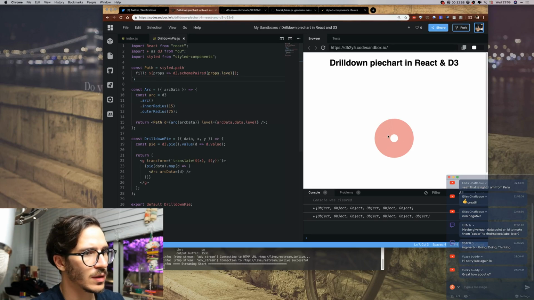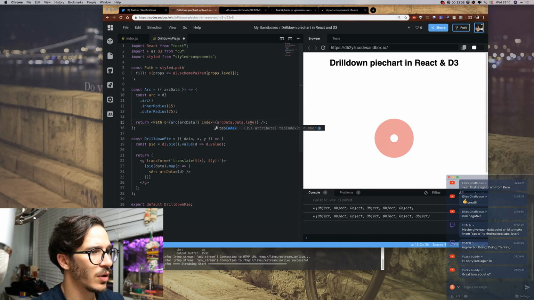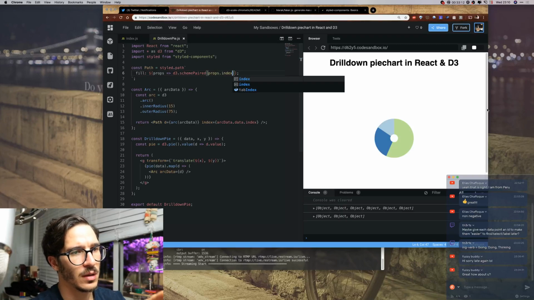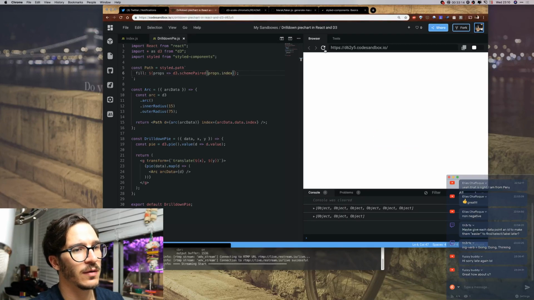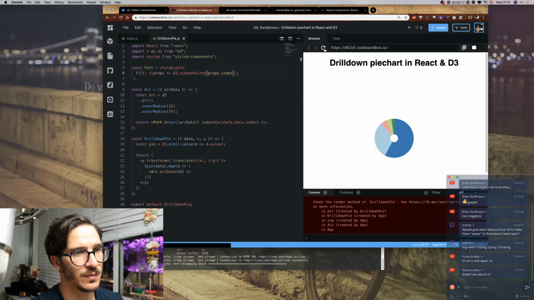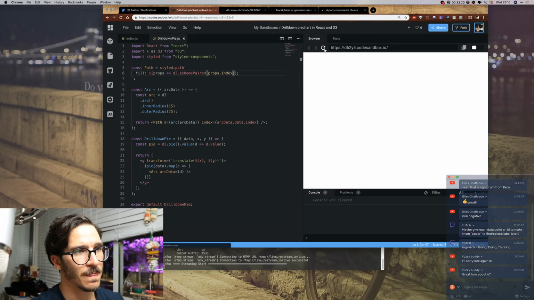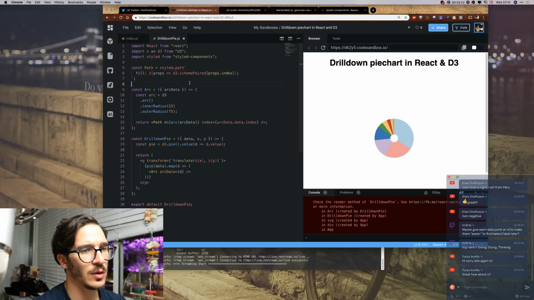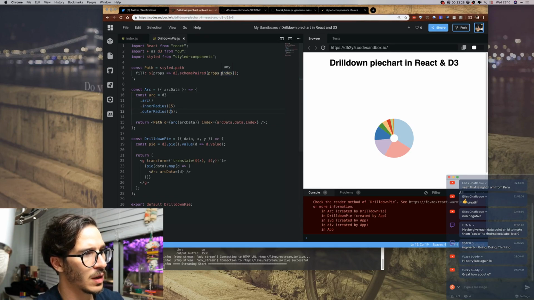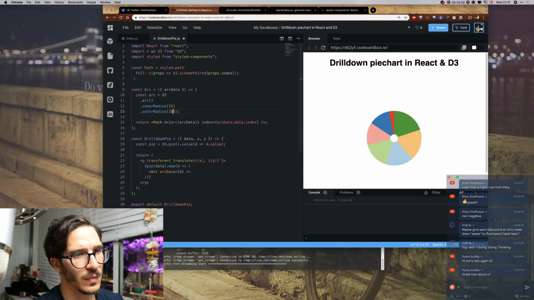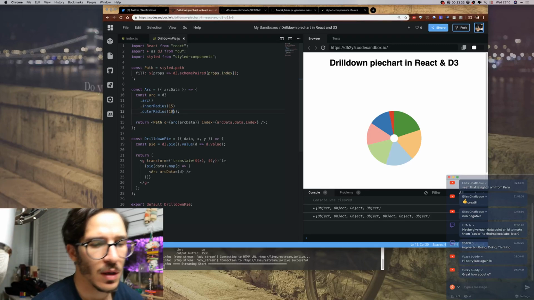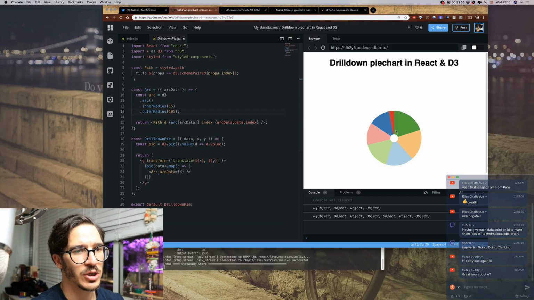Okay. So, right, they're all of the same level. Let us instead use the index. So props data index, and here we're going to say index. Bam. So now we're using different colors for this same thing. Right? Now the next thing we can do, let's actually, should we make it even bigger? What about 105? There we go, that looks nicer. So we now have a pie chart that has